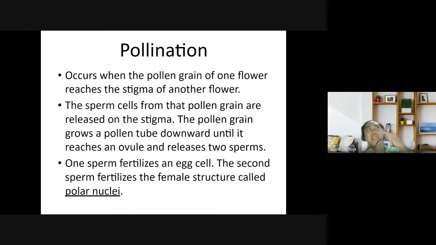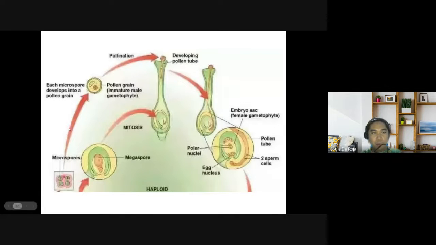So dalawa po yung nire-release ng pollen grain, dalawang sperm. Okay? Isang sperm para ma-fertilize yung egg cell at yung second sperm para ma-fertilize yung female structure called polar nuclei. Okay? Ito po yung pollen grain. Pag dumikit po siya dito sa stigma, stamen pala, sorry. So, developing pollen tube, papasok po dyan,